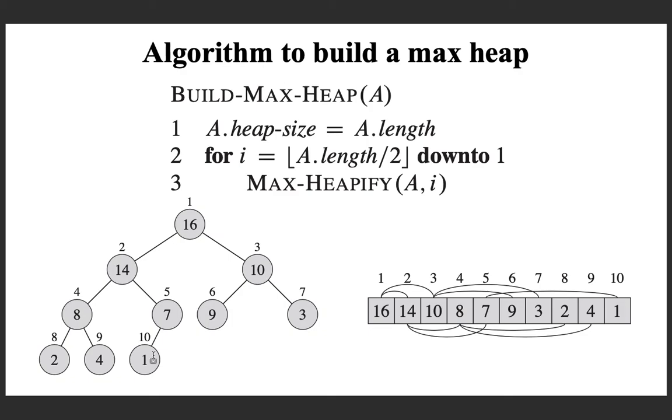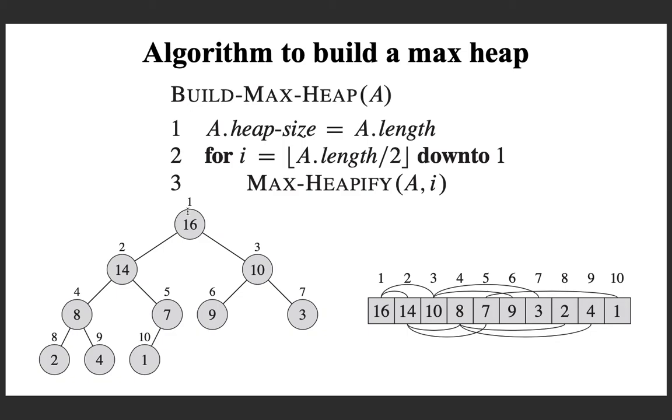So, the property of max heap is satisfied. Given an arbitrary heap, to make it a max heap, you only have to adjust elements from index 5, 4, 3, 2 and 1 because all others are okay, and that is what I am trying to do. You start at index 5 and you call max heapify at index 5, then come down to 4, do it, move up, do it here, then here and finally here. So, that will let you get a max heap.